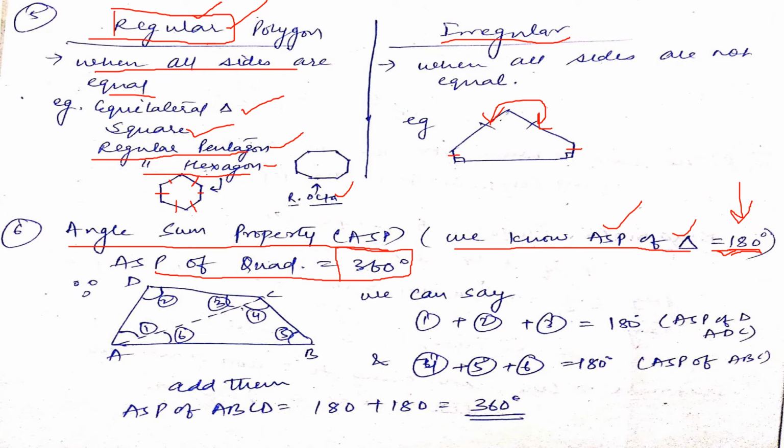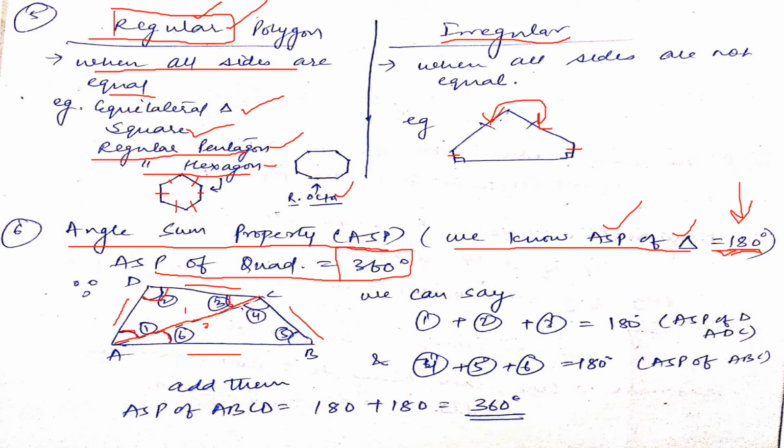Suppose I have a quadrilateral ABCD. Why is it a quadrilateral? Because it has four sides: AB, BC, CD, and DA. You can see what I have done is I have drawn a line like this to make two triangles out of this quadrilateral. So I have used scissors and cut it from this point to get two triangles. This is triangle 1 and this is triangle 2. In this triangle, I have named the angles as angle 1, angle 2, angle 3, and here I have named them as 6, 4 and 5.